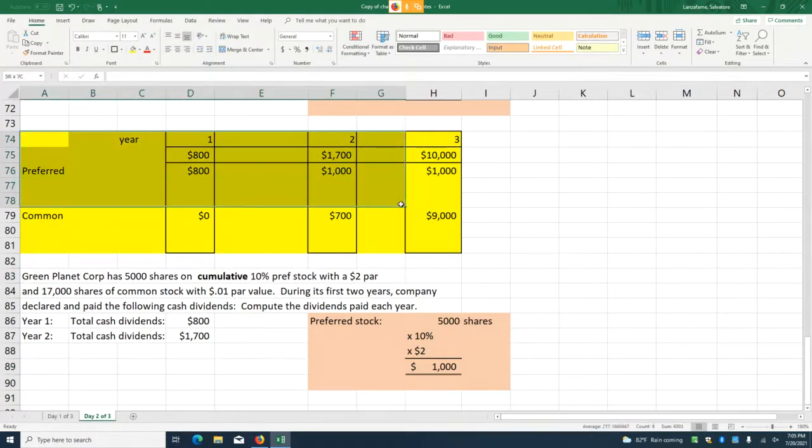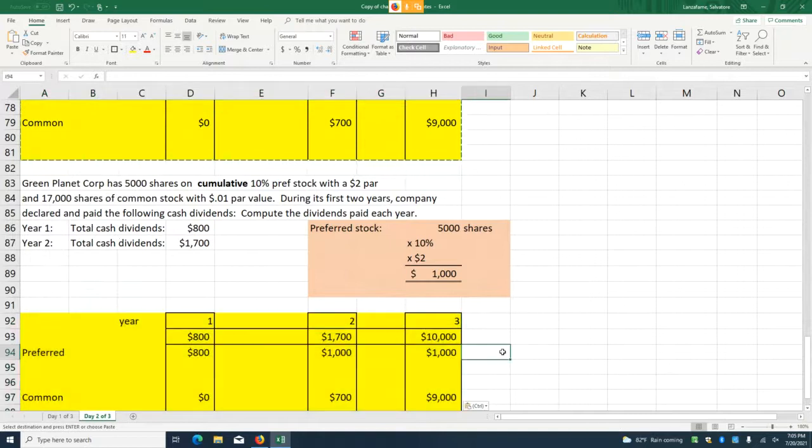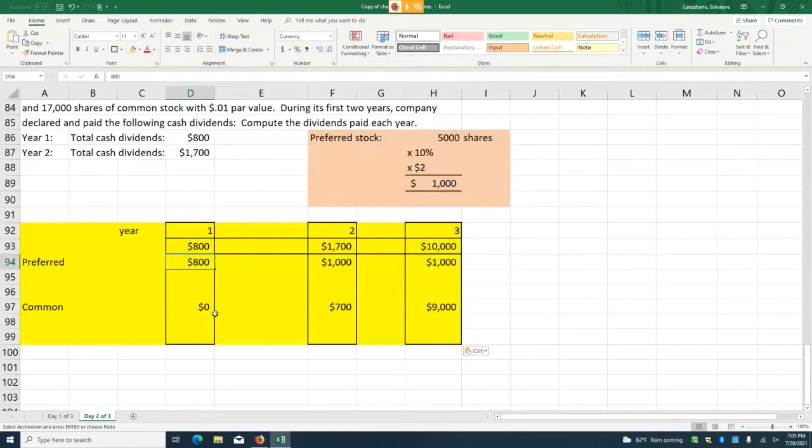Okay, so let me do this again, and let's get rid of these results. Everything's the same. I would still go through this math to figure out what preferred is entitled to. They're entitled to $1,000. The company has 800 in the first year, and preferred still gets the 800, and common